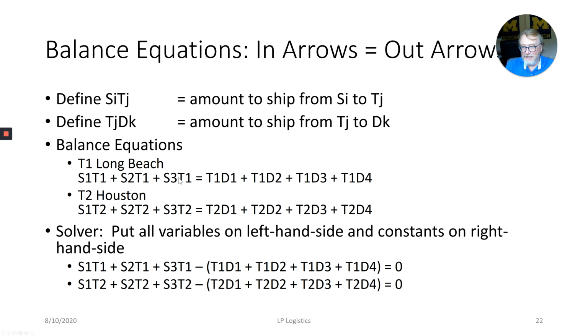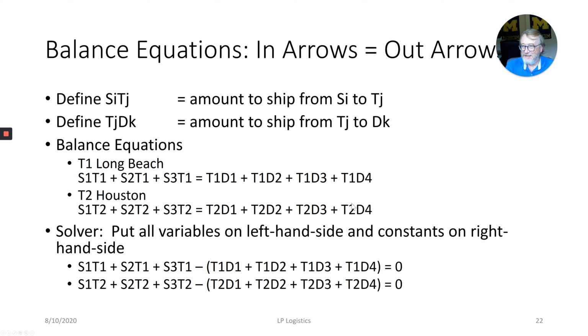So this is coming in, and this is what's going out from Long Beach to Albuquerque, Chicago, Denver, and El Paso. Same thing for Houston. This is what's going into Houston from our Asian ports, and